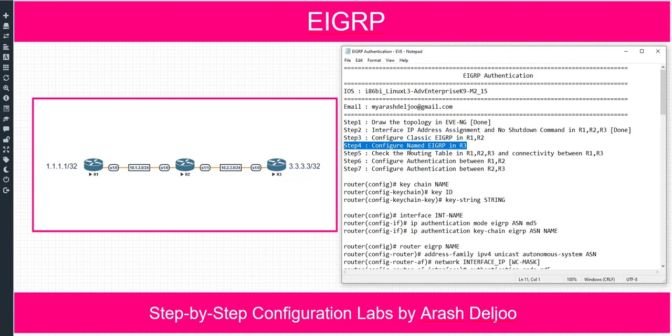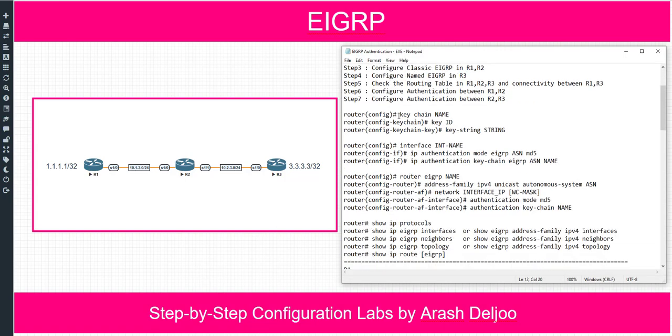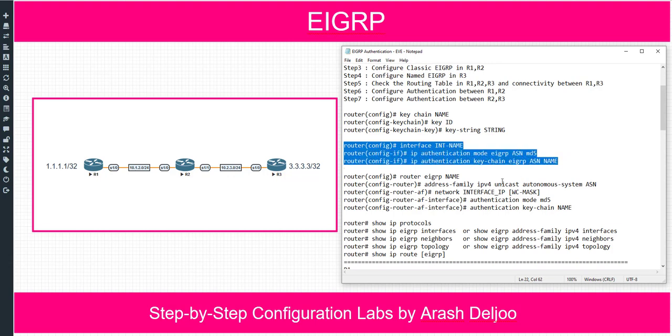Here in the text file you also have this configuration: keychain name, key ID, and then key string. On the classic mode, you need to configure the authentication under the actual interface mode: IP authentication mode EIGRP AS number MD5, IP authentication keychain EIGRP AS number, then the name of the keychain. But under the